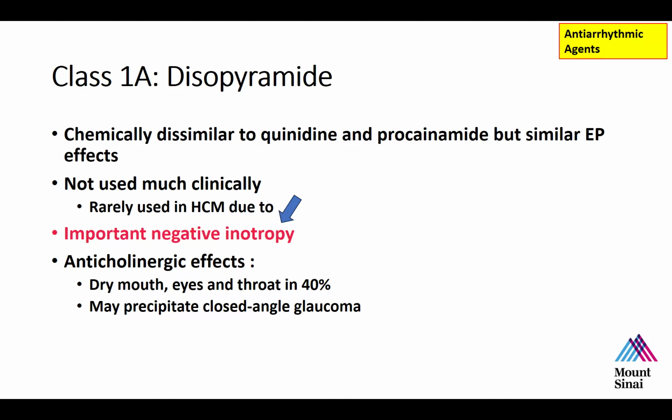So for all these reasons, because there are so many other agents that as antiarrhythmic agents are as good or better, this medication is pretty much exclusively used in 2025, rarely, for treatment of people with hypertrophic cardiomyopathy who have obstruction. And even in that case, you'll notice that most cardiomyopathy specialists will use things like beta blockers or calcium channel blockers rather than this agent. But sometimes this can be very effective, and there are certainly patients who have benefited from it when they have a lot of obstruction and it's not like a surgical candidate.